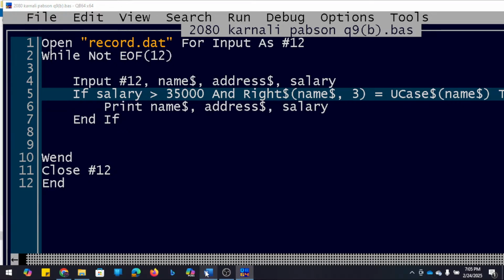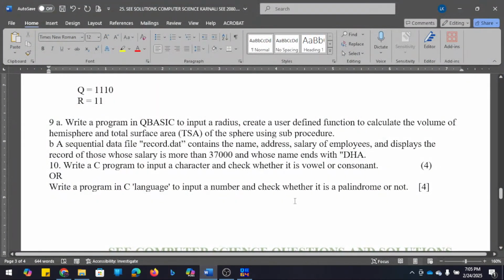Now let's go with the next question here. What is the next question? To input a character and check whether it is a vowel or consonant.